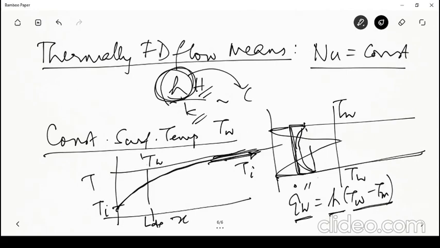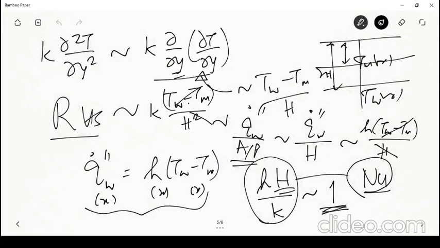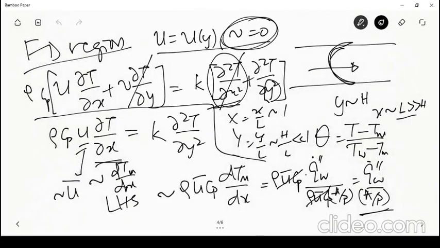So this T wall minus T mean will directly become proportional to this, and as T wall minus T mean diminishes as x increases, this Q wall will also diminish in an exponential fashion as it is shown here. Okay, so the analytical solution of the equation that we started with, this equation,